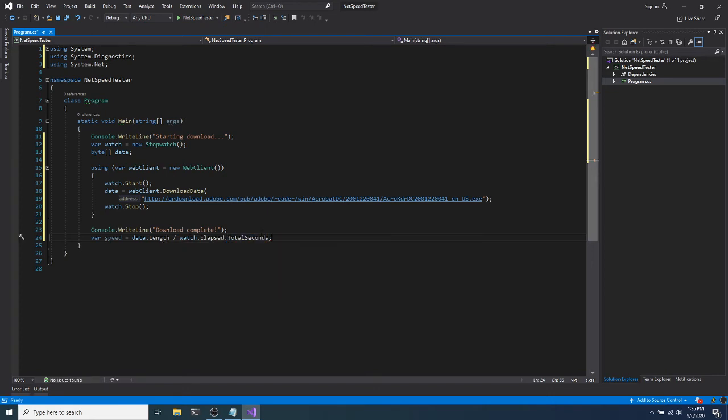The data.length will give me the size in bytes of this file. So it will give me how many bytes this file consists of,